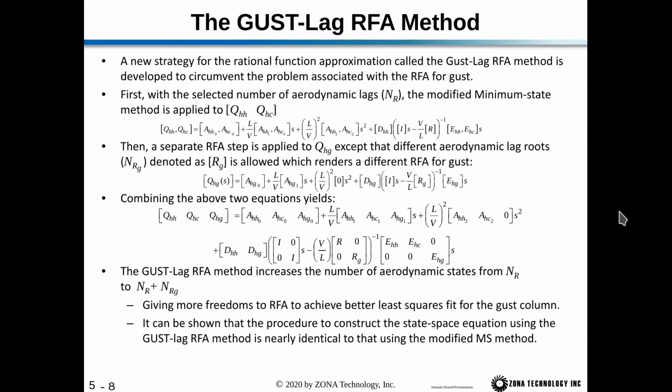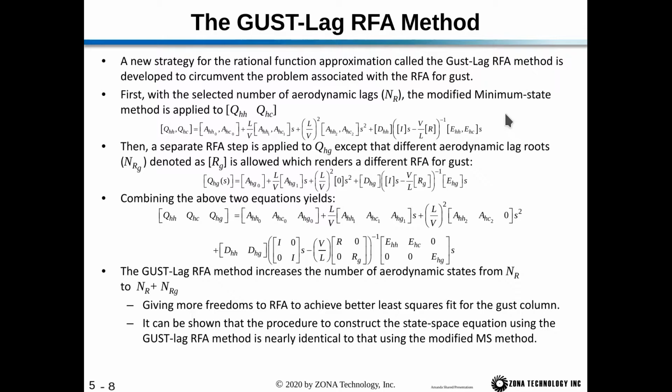So next we have the GUST-Lag RFA method in ZAERO. We developed a new strategy for the rational function approximation called the GUST-Lag RFA method, and this is developed to circumvent the problem associated with the RFA for GUST. So first, with the selected number of aerodynamic lags nr, the modified minimum state method is applied to QHH and